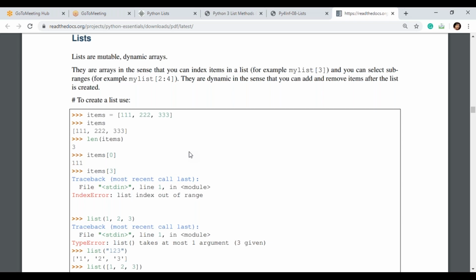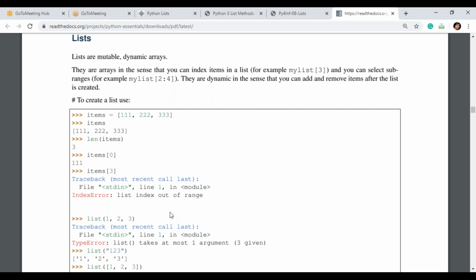That is what it shows. If the index is not in the list, then an exception will be raised. That exception is a traceback, most recent call last, file stdin, line 1, in module. So IndexError will come, index is out of range. Your range is 3, which means 0 to 2 only. But you are asking for the third element, the third indexed element, and that indexed element is not available. Then the exception will be raised. Your exception is out of bounds, out of range.